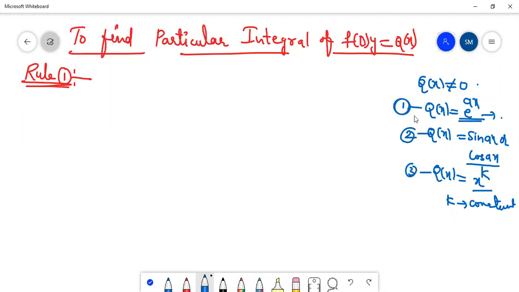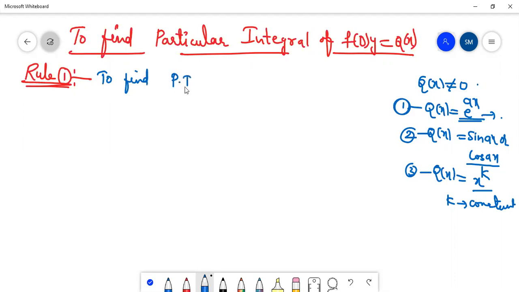In that also two cases are there: if the denominator will be 0 and it is not equal to 0. In two cases, how we can take the particular integral of the given higher order linear differential equations. In the rule 1, to find